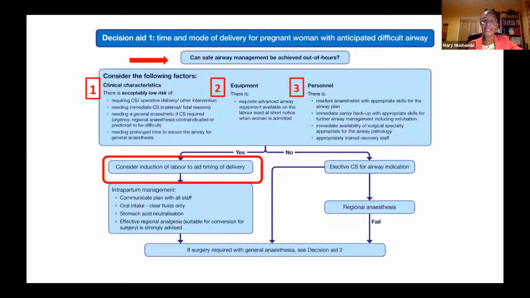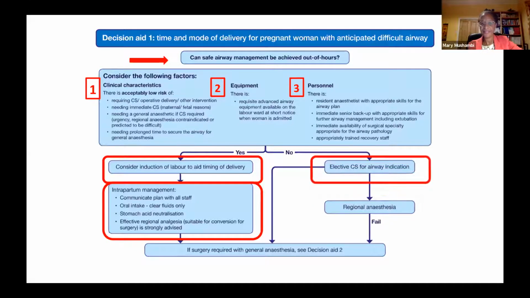You may then consider, are you going to induce this woman on a specific day so that you have a plan with the team and equipment already? But that labor needs to be actively managed. You want an epidural that's working. You want to make sure you're following the progress of that labor and avoid a category 1 cesarean section. That's really the thing you don't want to have. You want a bit of planning time. If, on the other hand, you think you cannot deliver safe airway management, then go for an elective cesarean section